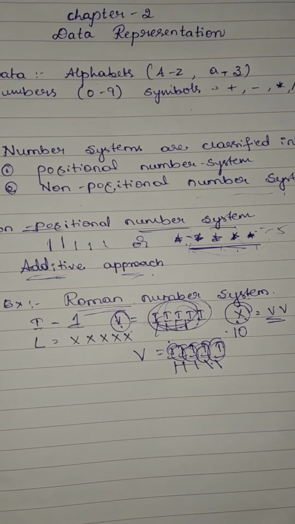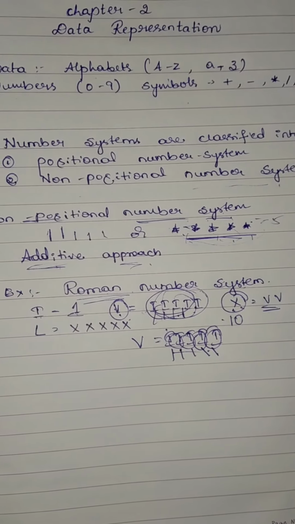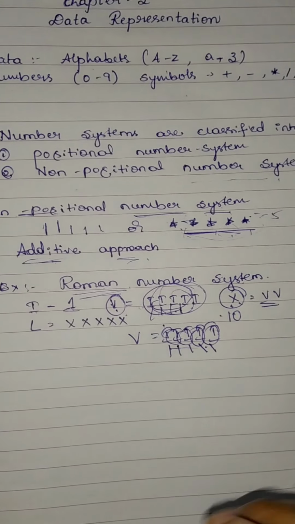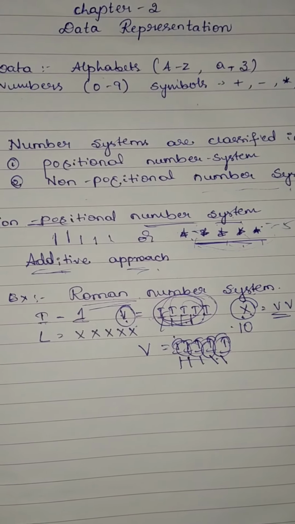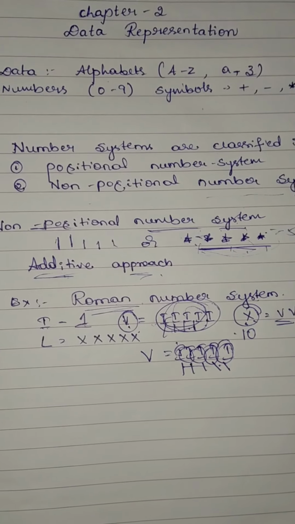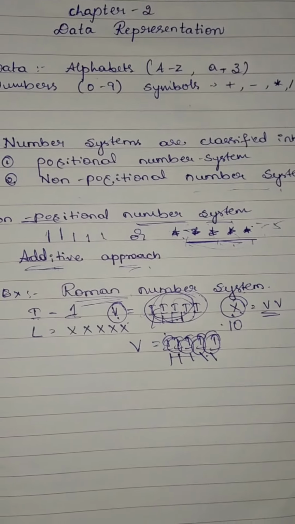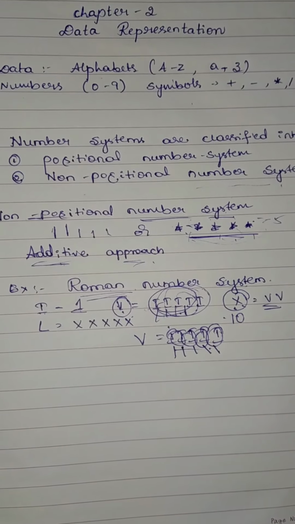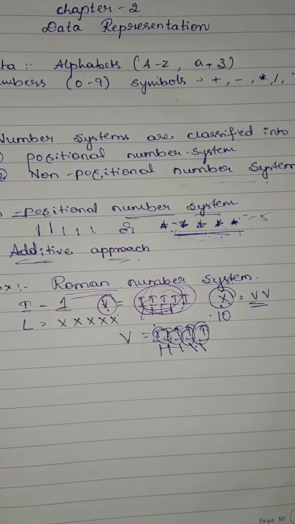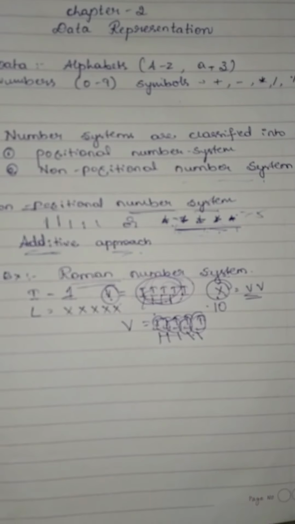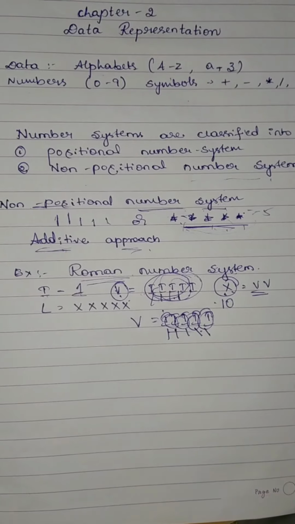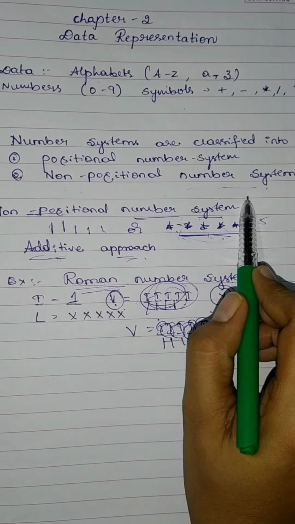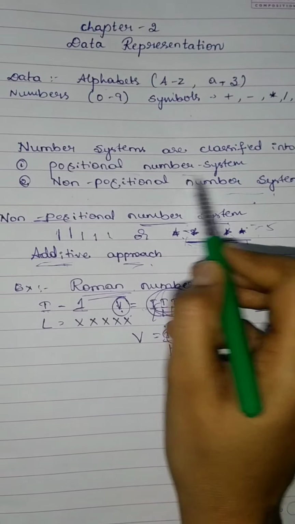Arithmetic operations include addition, subtraction, multiplication and so on. Non-positional number systems are not so effective, and are very inconvenient when we are attempting to represent large quantities of data. So this type of number system cannot be used to represent user data in a computer system. This is regarding the non-positional number system. In the next session we are going to see the positional number system.